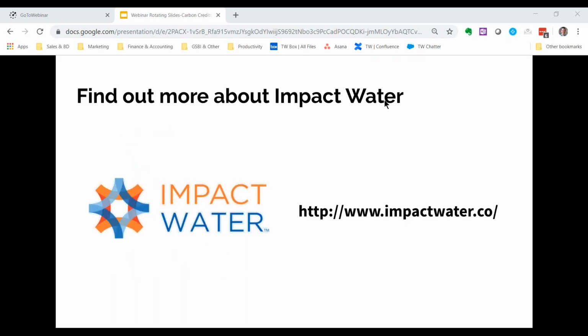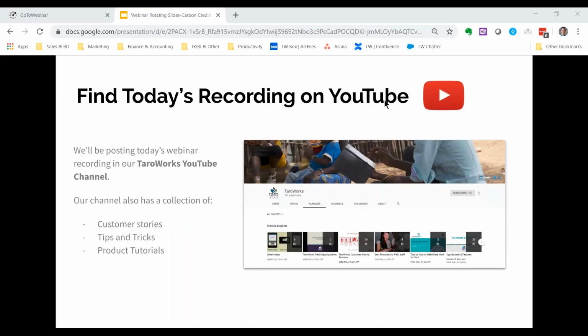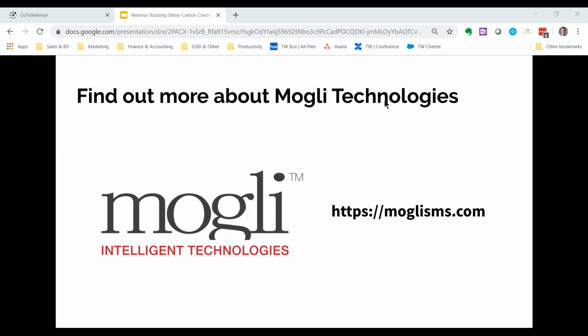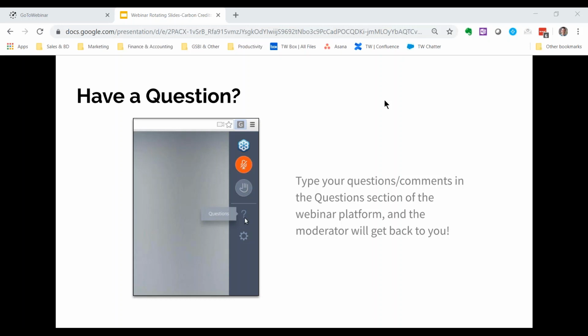The idea for this webinar came about because TaroWorks has several users who use our software to run their carbon credit programs, and that the carbon credit programs actually provide significant amounts of funding for them to help achieve their missions. And so we thought this would be an interesting topic because there are a number of other organizations that could do something similar, but carbon credit and carbon offset programs have a lot of complexities, and it's not always that easy to know where to get started.